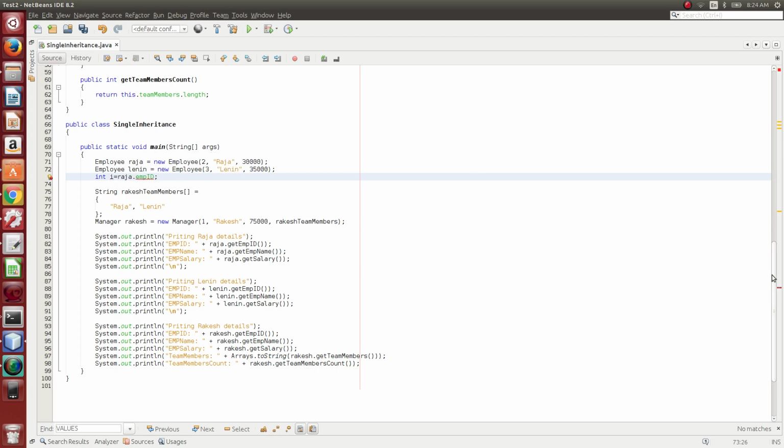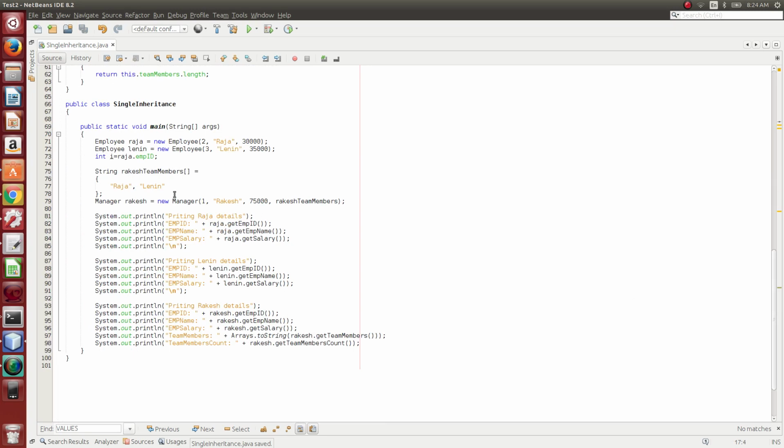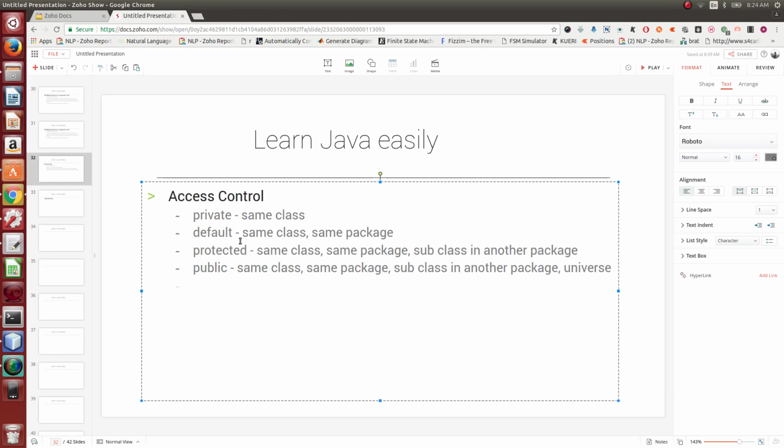If we remove that private, Java will treat it as a default specifier. If the variable has a default specifier, then that can be accessed outside, but there are some limitations. What are those limitations?